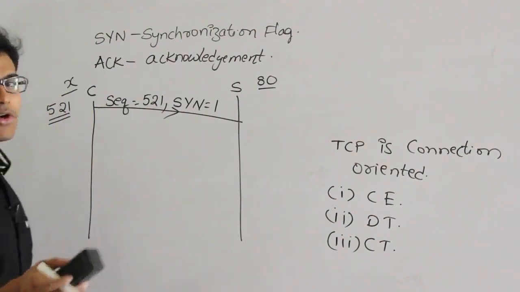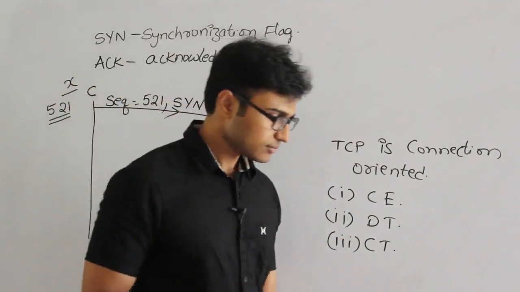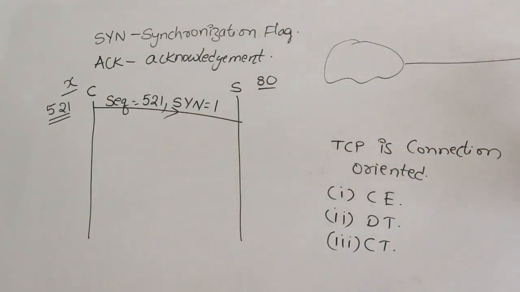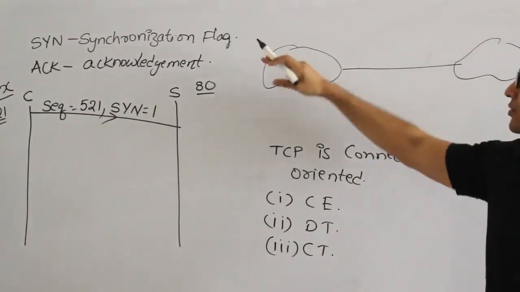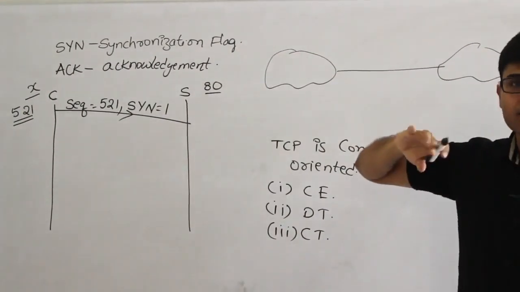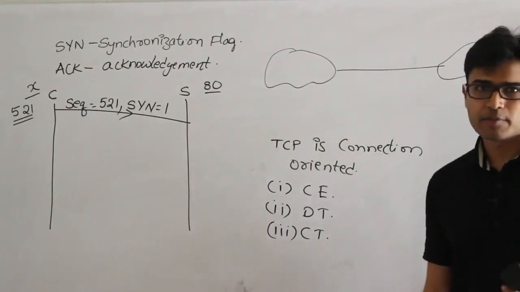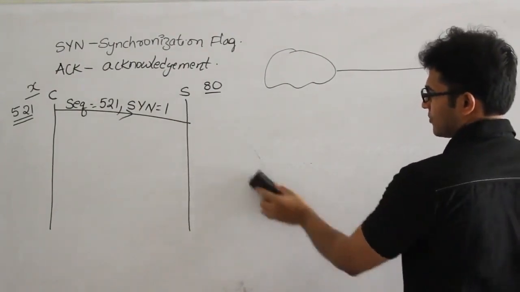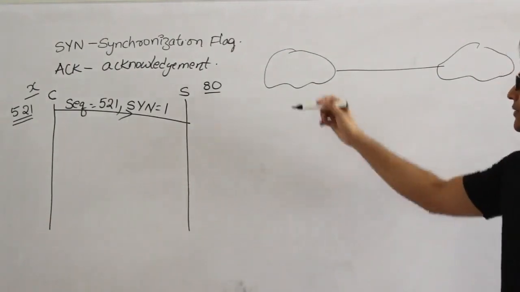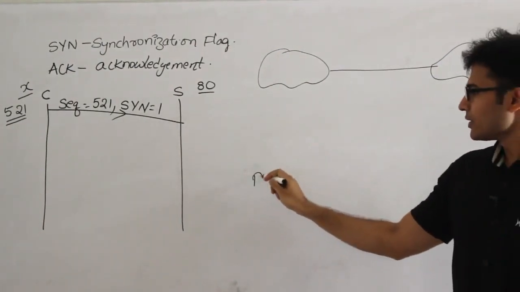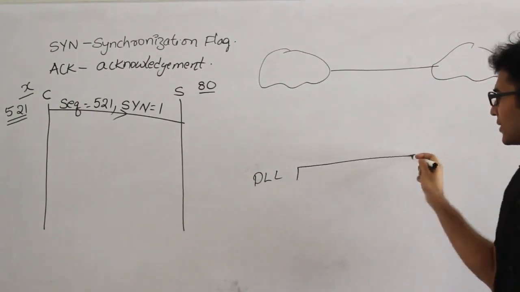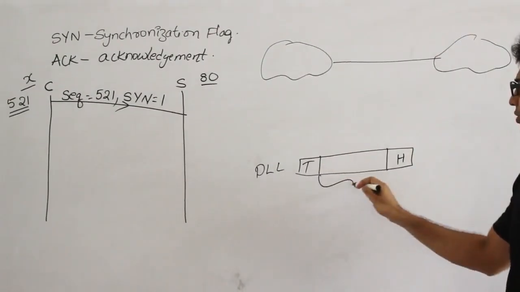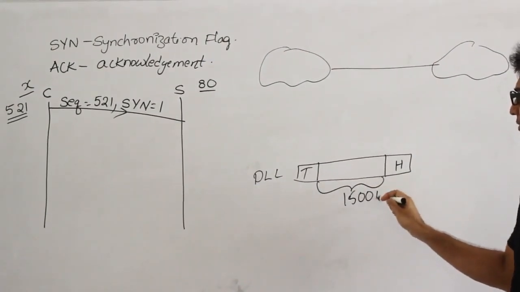And along with this, in the options you are supposed to say a few things. If you are present in one network, and if the server is present in another network, in your network according to the data link layer frame, you might have some sizes which are permittable. Let us assume this client is present inside a LAN which is using Ethernet, and at the data link layer the Ethernet LAN, assume that it has the tail and header and it can carry data of 1500 bytes,